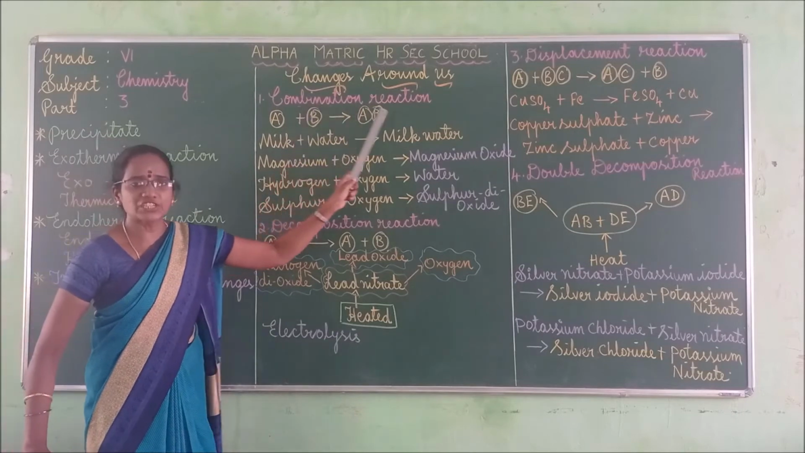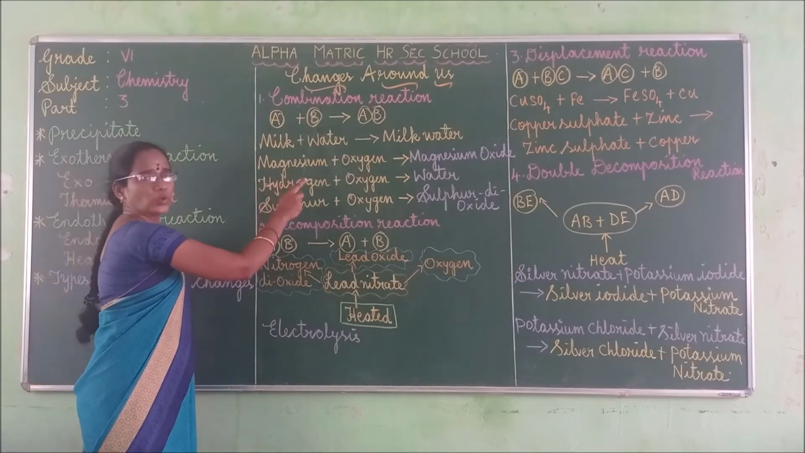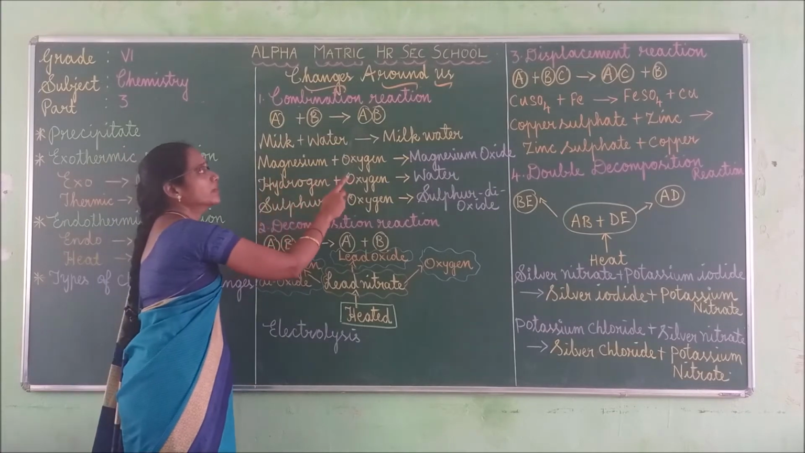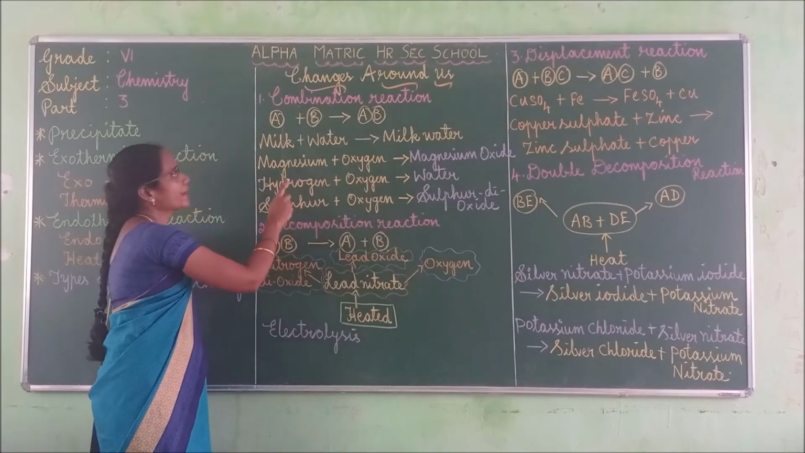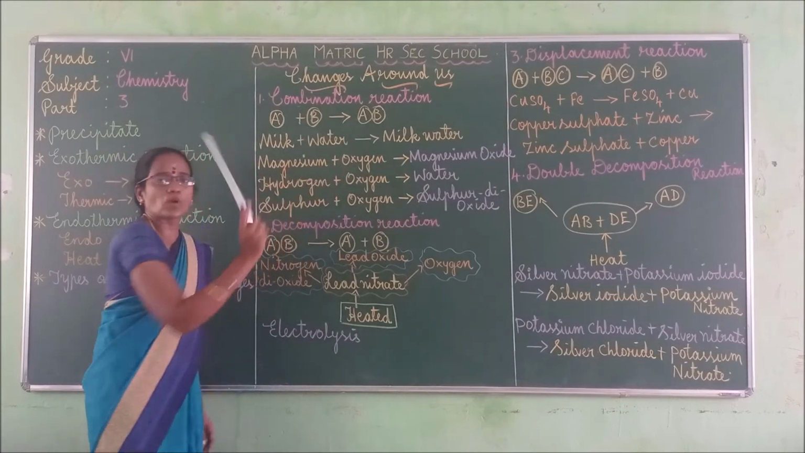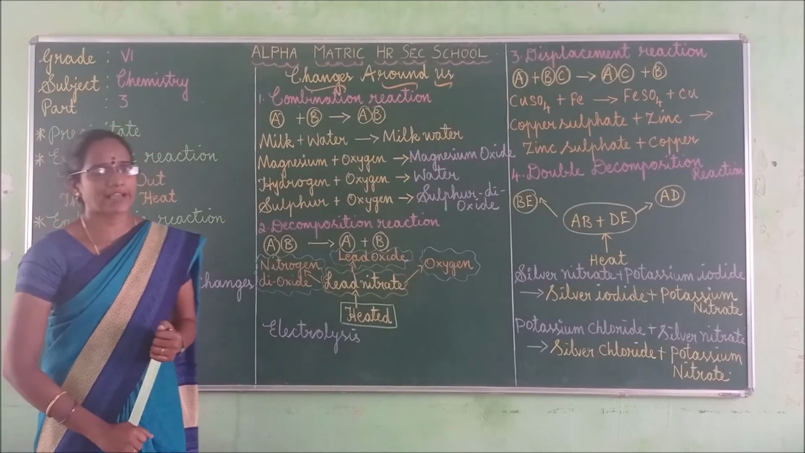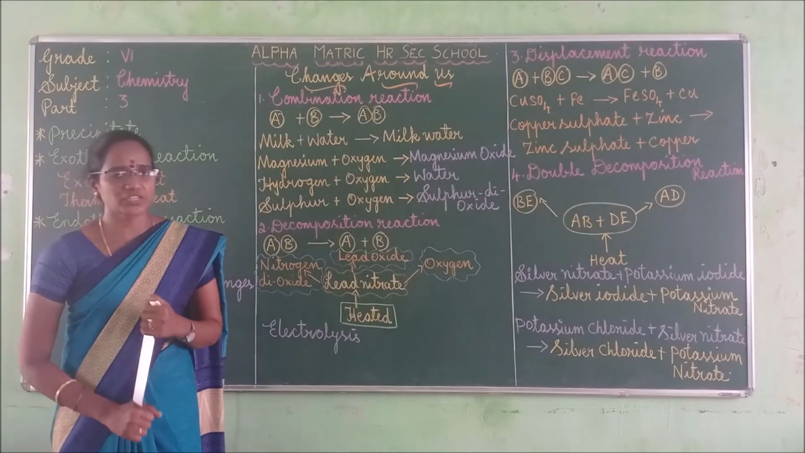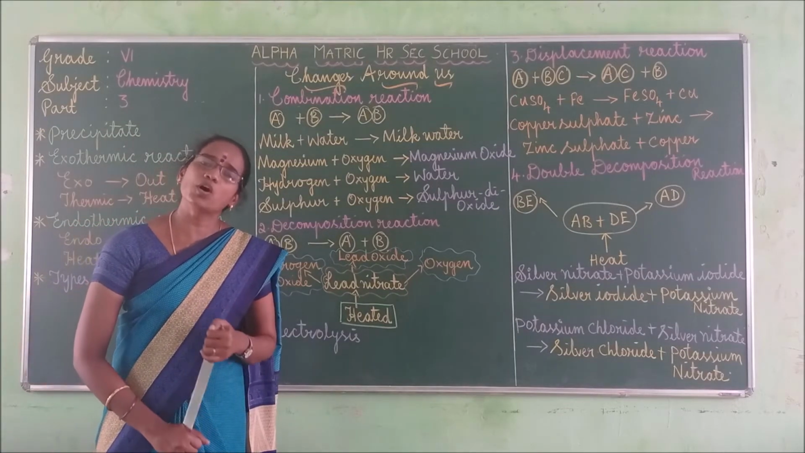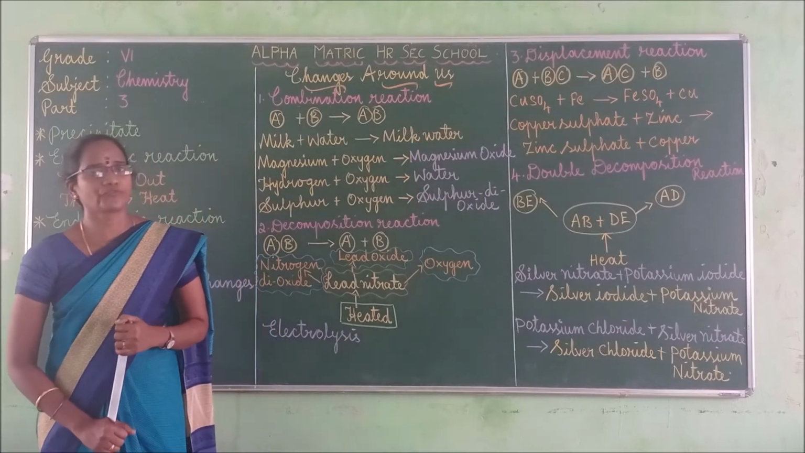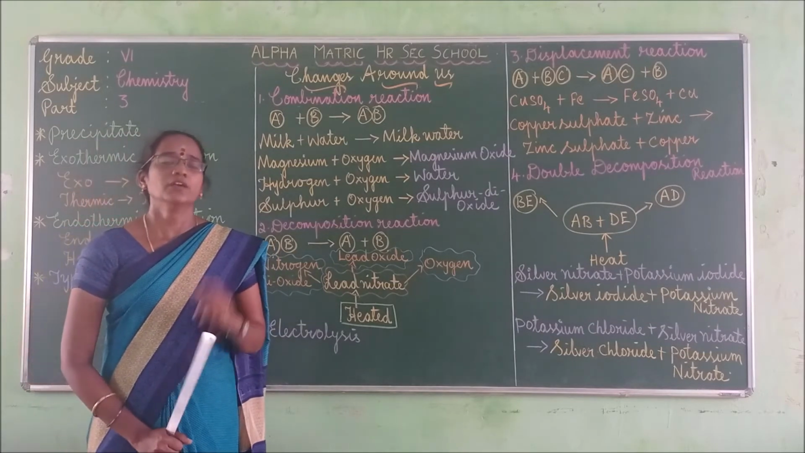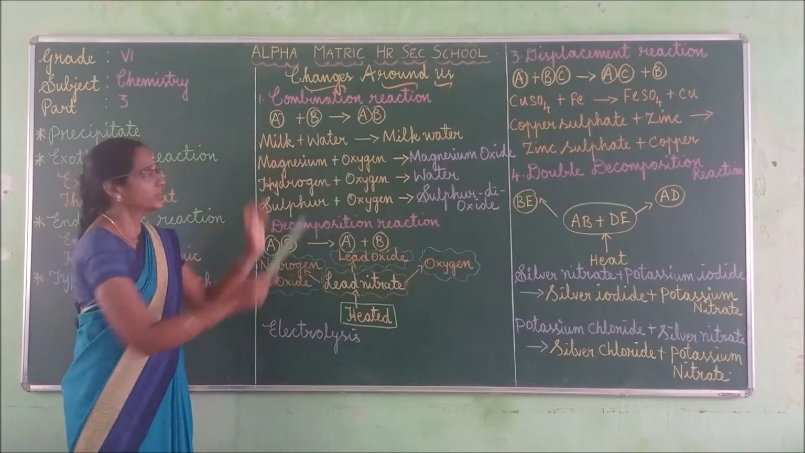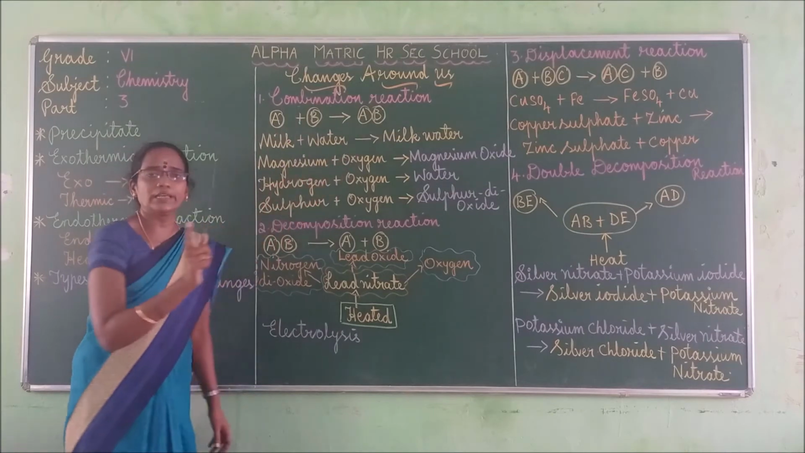Okay, so in combination reaction we have 2 reactants. A and B are reactants. Both react to form a new product. So we have 2 reactants and we have only one product in combination reaction, right? So what is meant by combination reaction? Combination reaction is a reaction in which 2 or more substances react to form a new product. In this equation we have 2 substances and only one